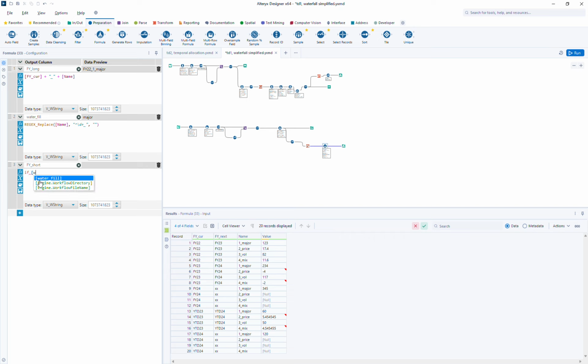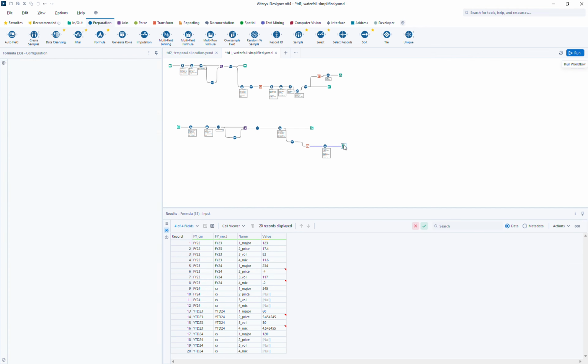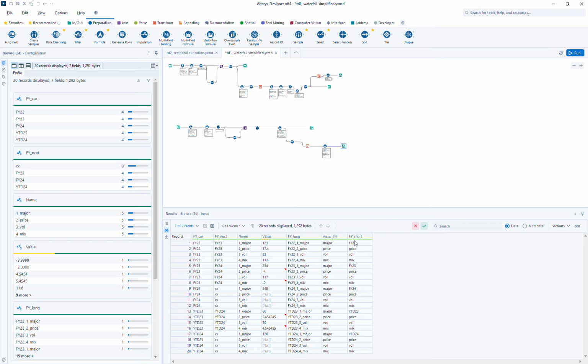So for the FY short, I will use: if the waterfall field equals the major component, then I will use the FY instead, and otherwise I will use the fueling value instead of the FY. As a result, I will have the short axis or the short time scale like this. So this one is very optimal because it doesn't have the long names like this to display in the chart,